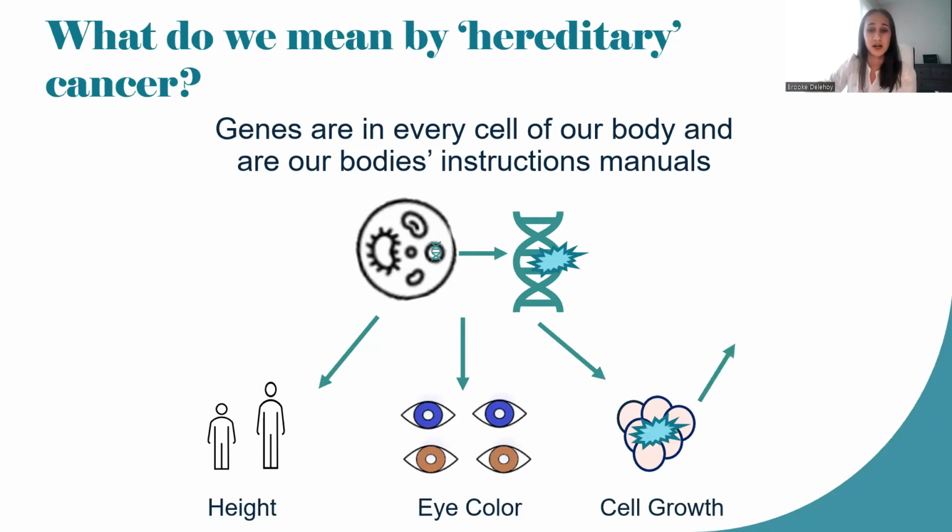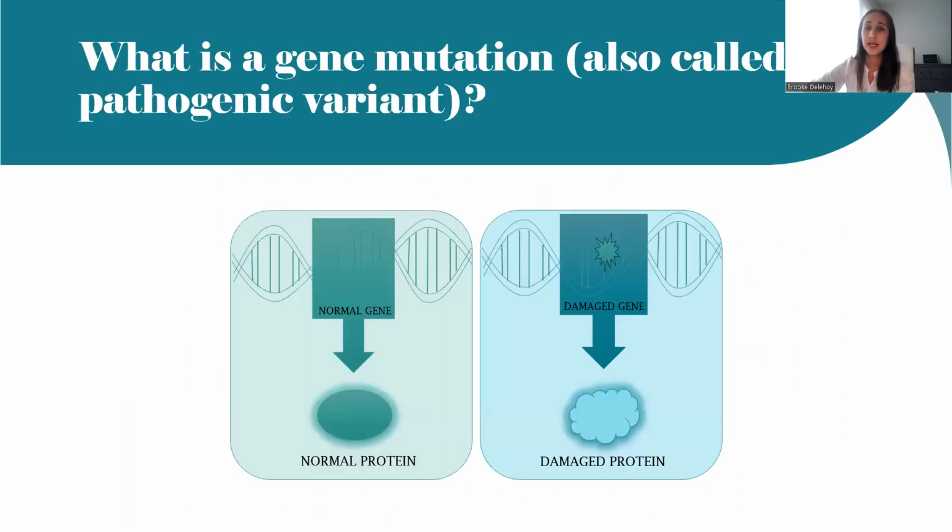And as we can see here, cell growth that is unregulated, as we say in cancer genetics, can potentially lead to a tumor being identified, i.e., could be a cancer diagnosis. Now, when we are working with, again, a genetic mutation, or also called a pathogenic variant, as you may hear